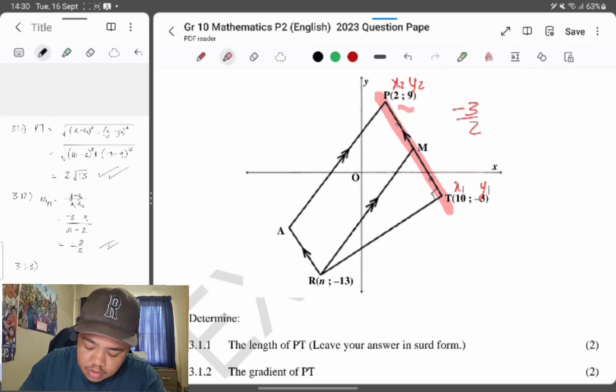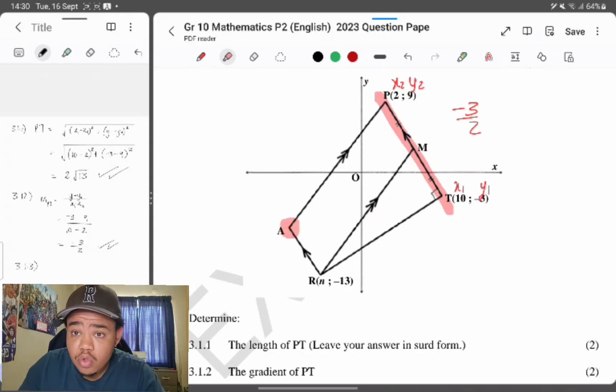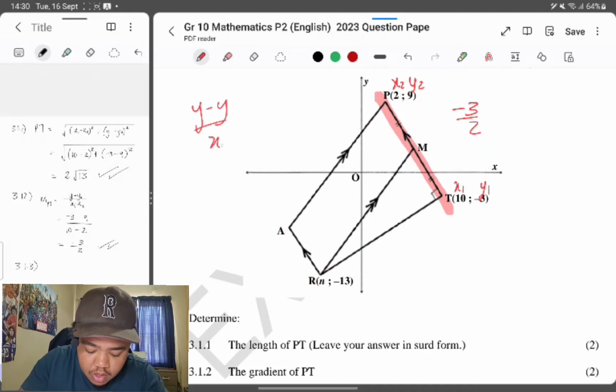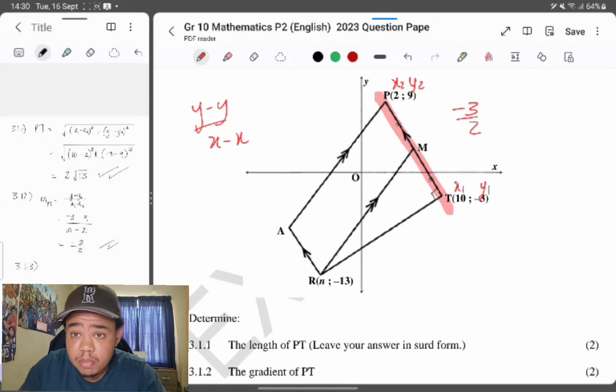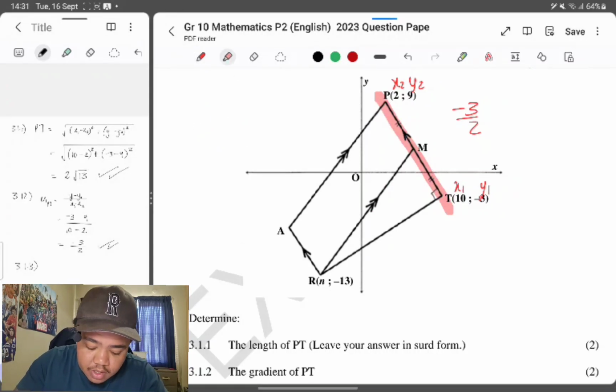But you'll notice that this line AR, you also cannot use a normal calculation to work out the gradient because you don't have the coordinate of A, you don't have the coordinate of R fully. So you can't use the y minus y over x minus x like you used in the previous question, because you don't have all the information. But what you can realize is that PT